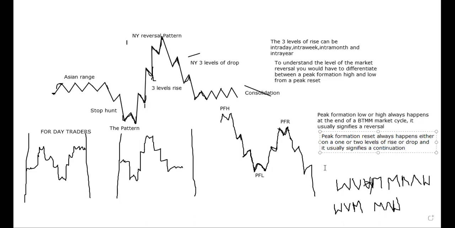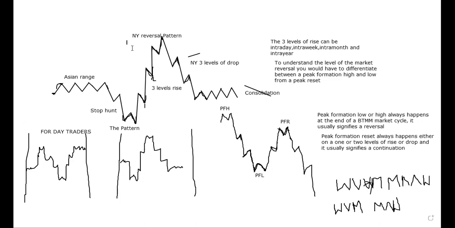I hope I'm not confusing you now. Now, the peak formation reset always happens either on a 1 or 2 levels of rise or drop, and it usually signifies a continuation. Now, looking at this as an example,